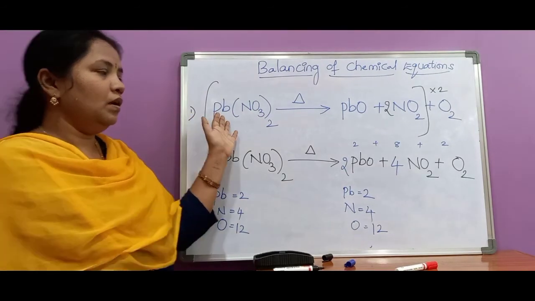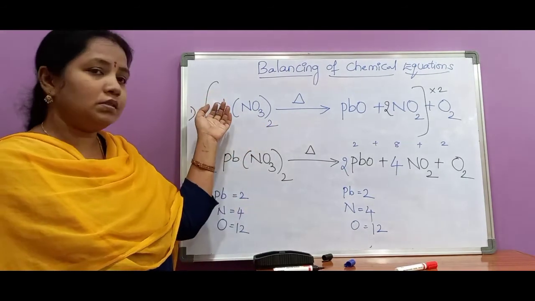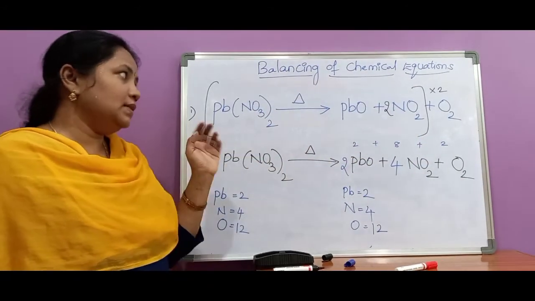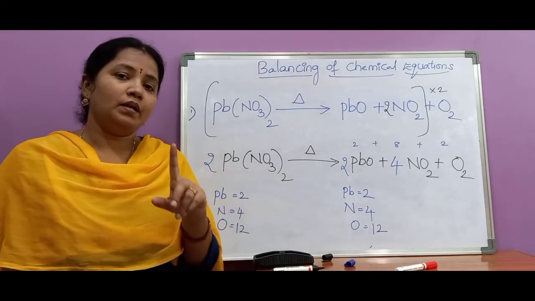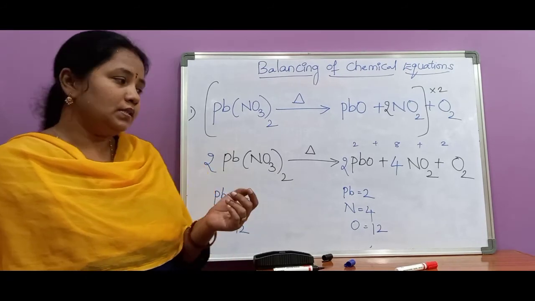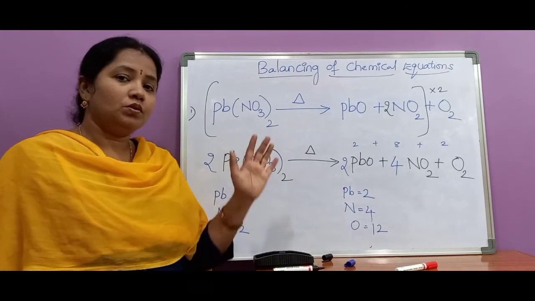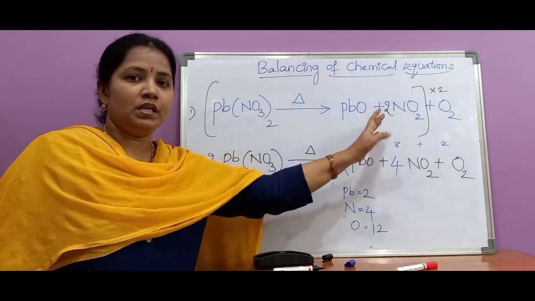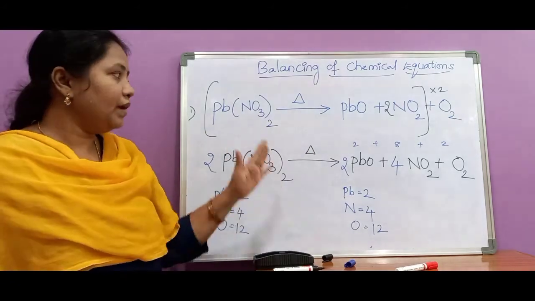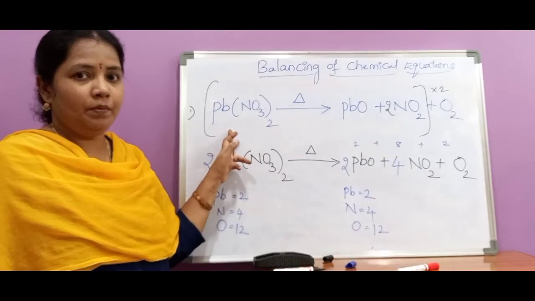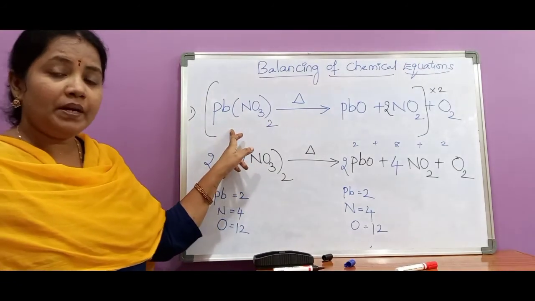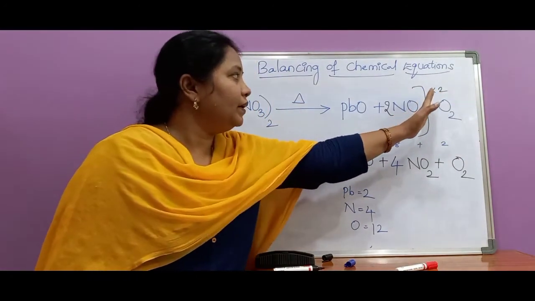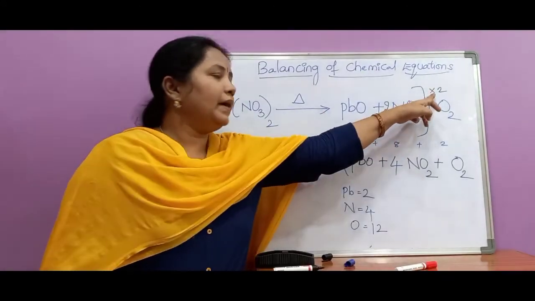In the previous equation, it was not balanced. This side oxygen 6, that side oxygen 7 atoms. So, if in any equation only the atoms of one element are not balanced, and the difference between the number of atoms on the LHS side and RHS side is only 1, here 6, here 7, the difference is only 1 atom, in that case only this rule is applicable. Which element is not balanced? That element only we have to leave, and except that element, the remaining whole equation should be multiplied by 2.